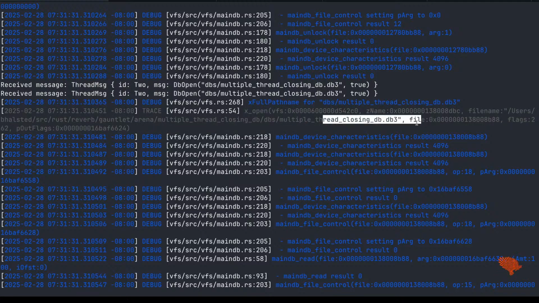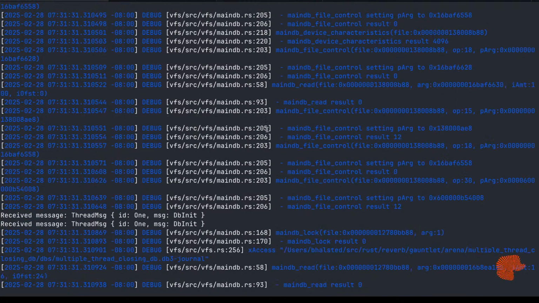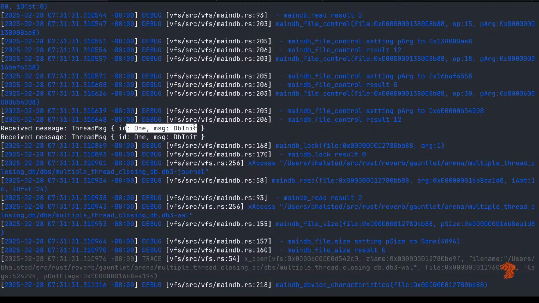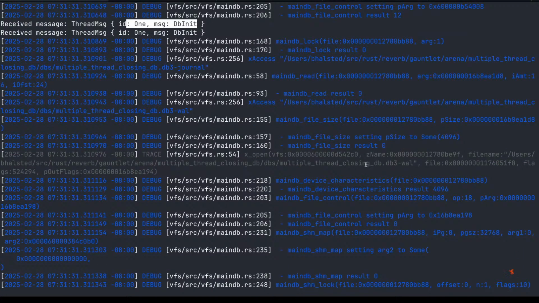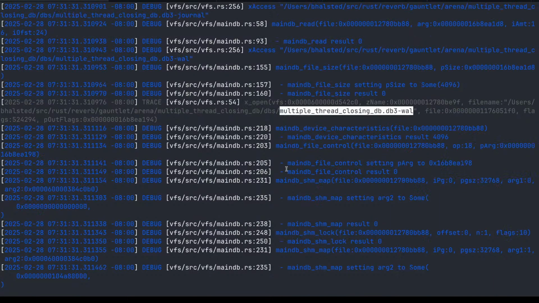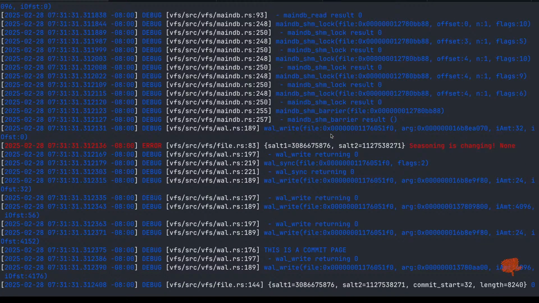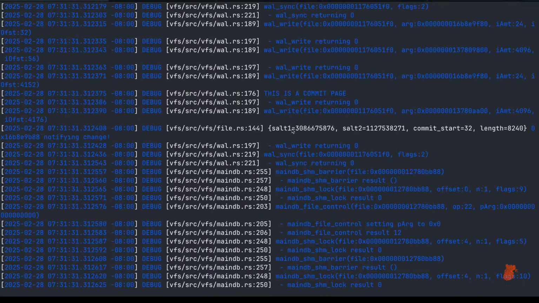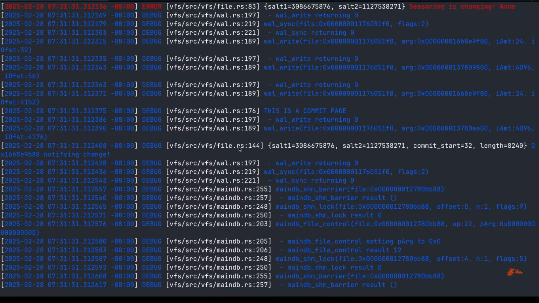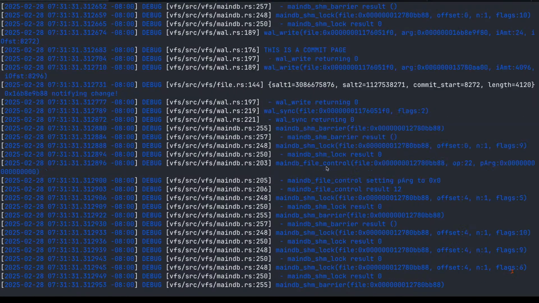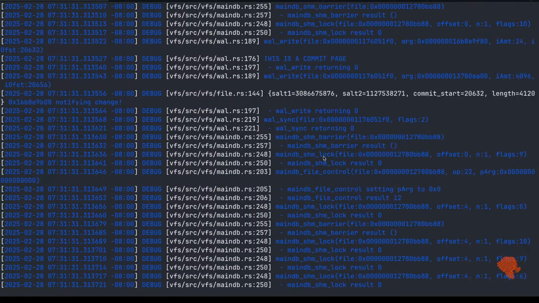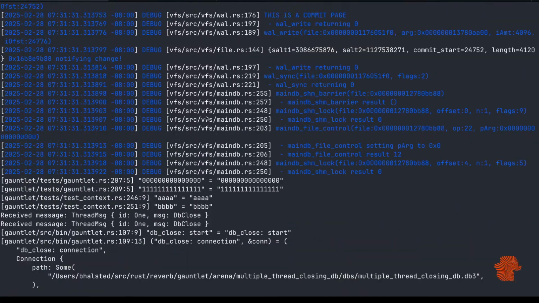So then here we open it a second time. Okay. Nope, no panic, no panic yet. In it, we create some data. We open the WAL log, make some changes, salt it, salt it. That's a notify change. So we get some changes to the pages. Then we try to close.